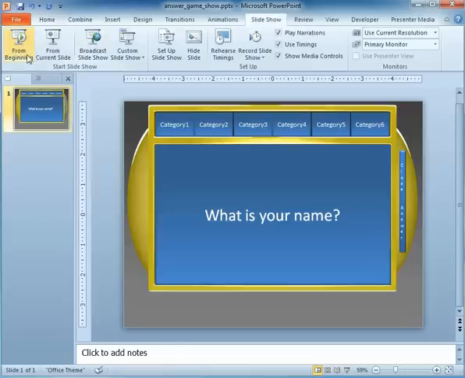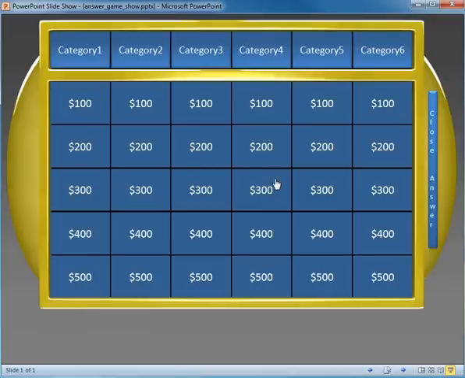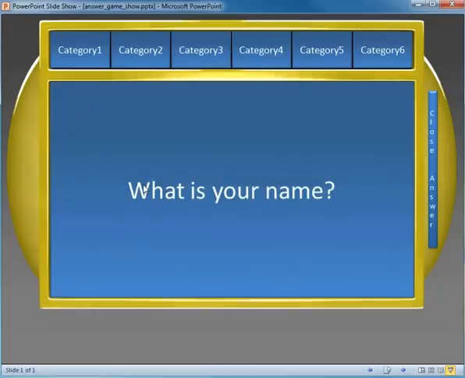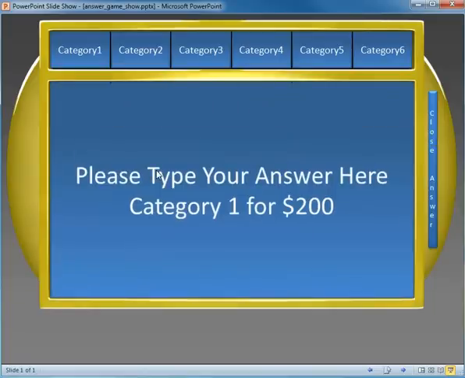Go to the far left where it says from beginning, click on that, and now I have my answers in my panels here. So if I double click on the 100, you'll see it's got the panel, what is your name? And I type that in, and I'll close out of that, and you see that it's blank. And if I go to the 200, it would have whatever I typed in there in the other editing mode. So I can exit out of this,